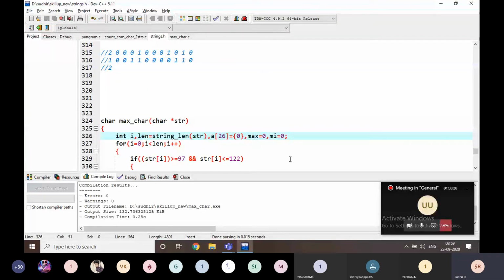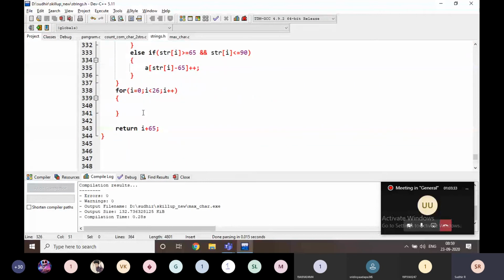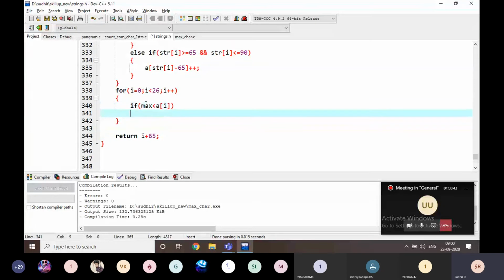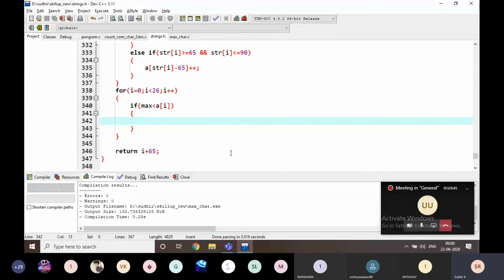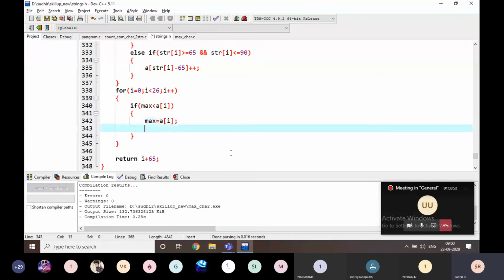If max is less than E of I, that means E of I is bigger, then I am going to write max is equal to E of I and max index is equal to I. That's it.